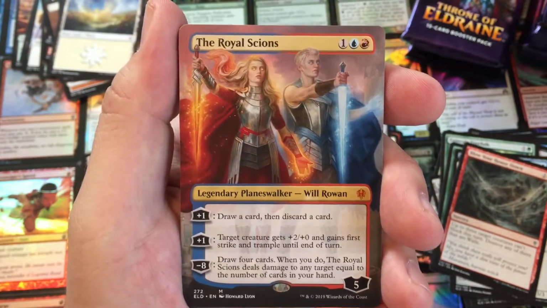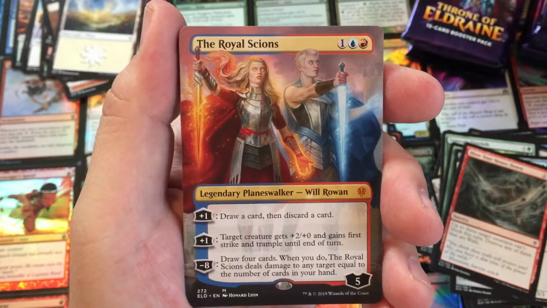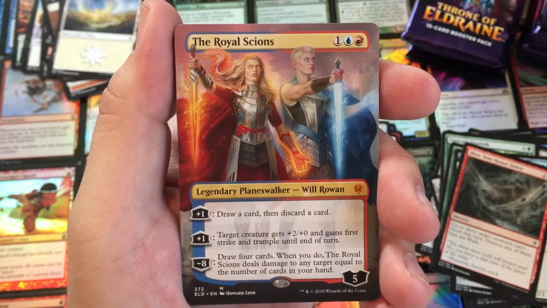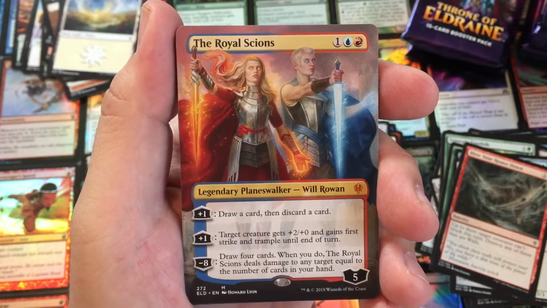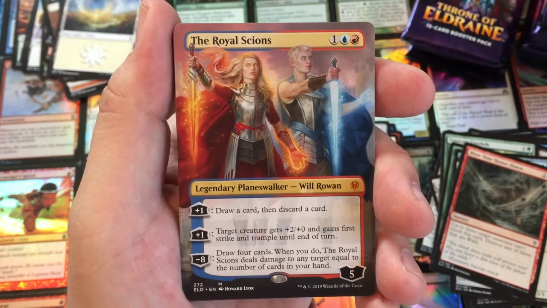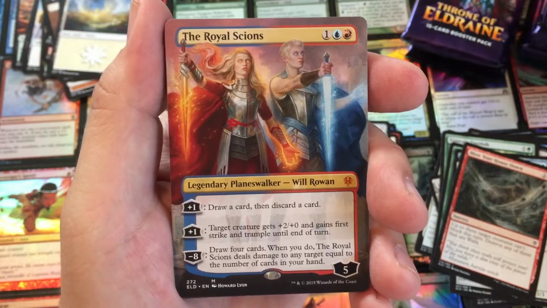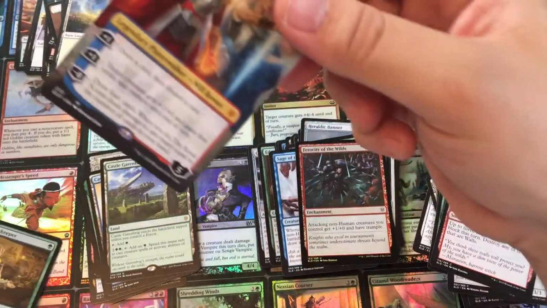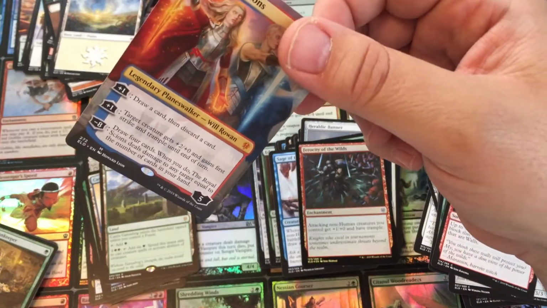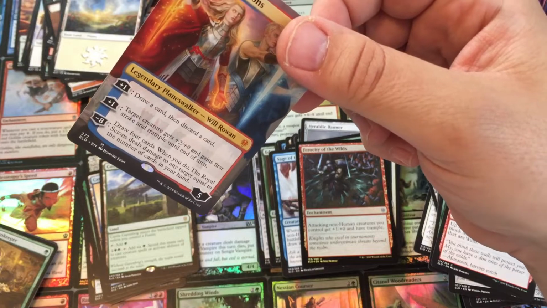It's a full art Royal Scion's Planeswalker. Draw a card, then discard a card for its +1. Another +1: target creature gets +2/+0 and gains first strike and trample. And then -8: draw 4 cards. When you do, the Royal Scion deals damage to any target equal to the number of cards in your hand. Ooh, that's pretty good. Actually, I want to go ahead and, while we're here,